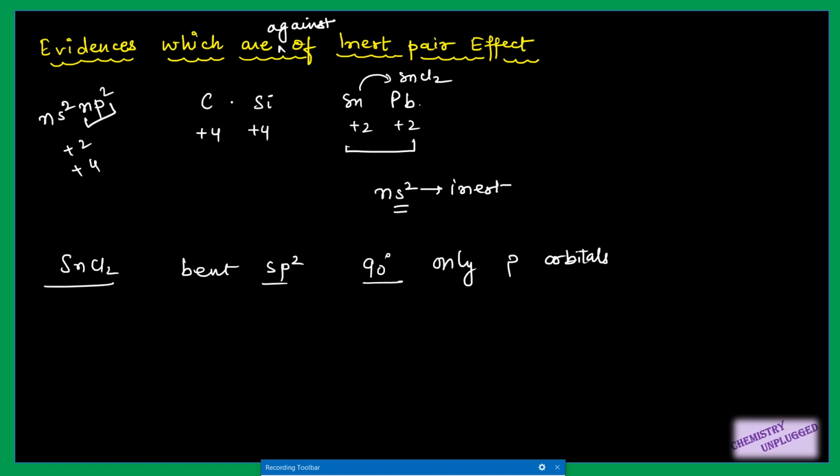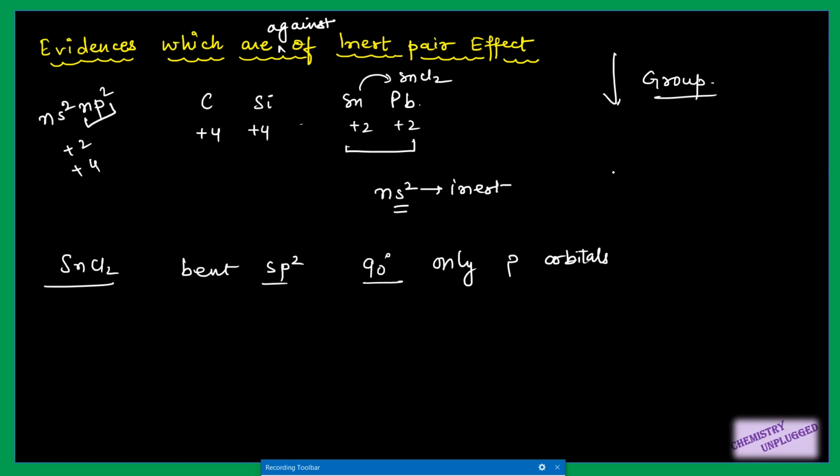Second thing is, we have studied ionization potential, right? As we go down the group, ionization potential decreases, which means it is easier to remove the outermost electron. So if we can remove s as well as p electrons for the smaller elements, which have higher ionization potential, then why is it not feasible to remove s electrons and p electrons for heavier elements, which have lower ionization potential?